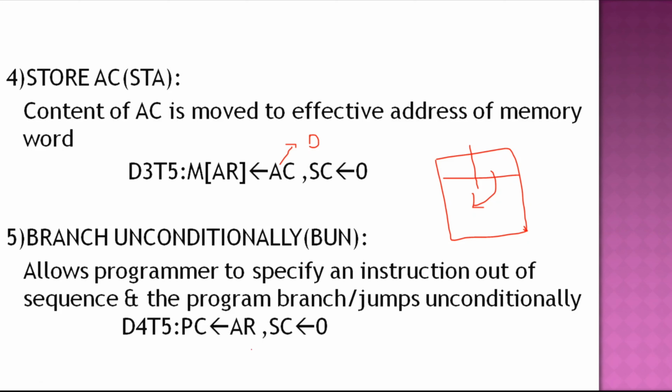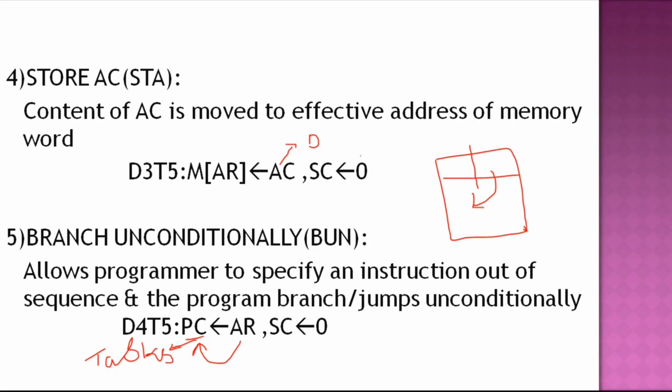So here the address register is directly transferred to the program counter. That means when the program counter specifies some address, that address will perform the task. So the address register is directly transferred to the program counter, the program counter will perform the task directly, and the previous instruction will be stopped. After completion of that instruction, the sequence counter is set to 0. I think you understood it.